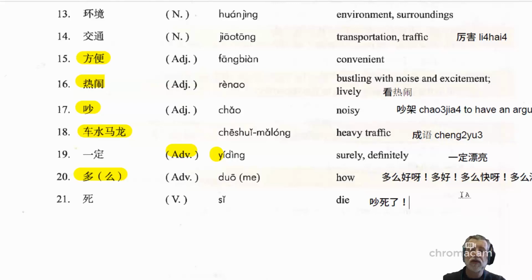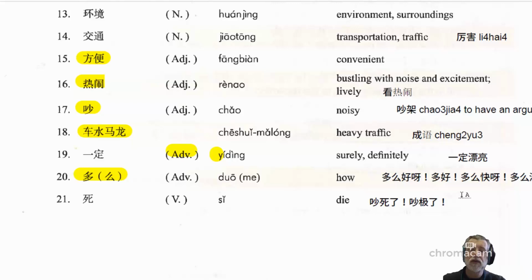So in this case, 吵 in itself is a slightly negative thing, I guess, and then 死 just adds to that sense of negativeness. You could also say a similar thing about 吵 using an expression that we learned last week. 吵极了. So remember last week we learned the expression 极了. You can add that after an adjective to express the extreme degree of something. So you could say 吵极了. It's extremely noisy. So that's more neutral. It's not as negative as saying 吵死了.